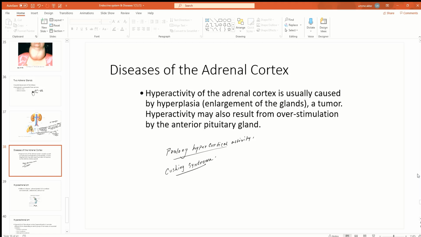So multiple different types of symptoms occur in Cushing syndrome. The most common things that we see in a Cushing syndrome patient: acne in the skin, then we see buffalo hump,